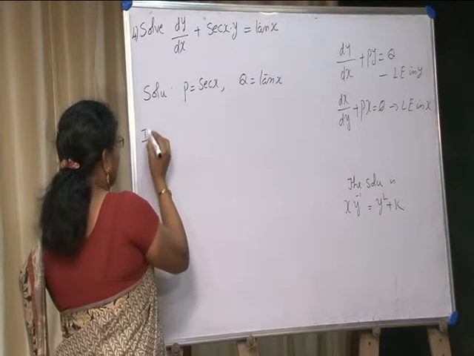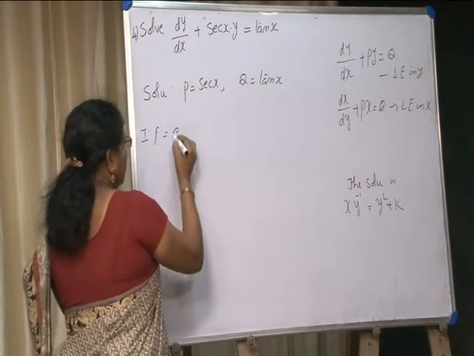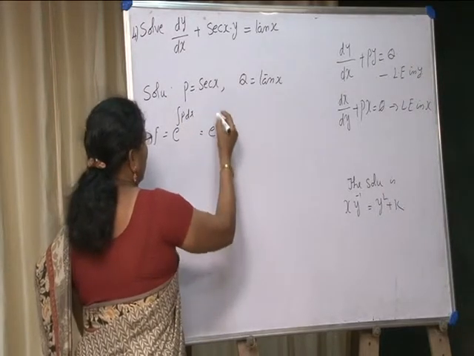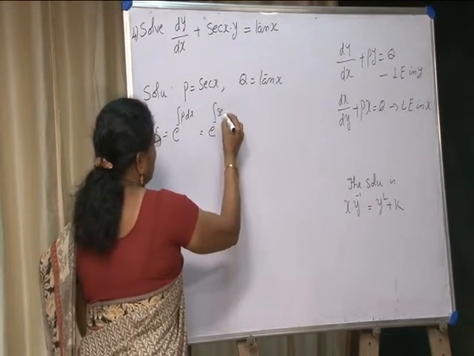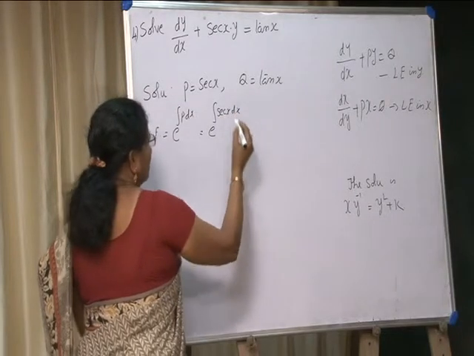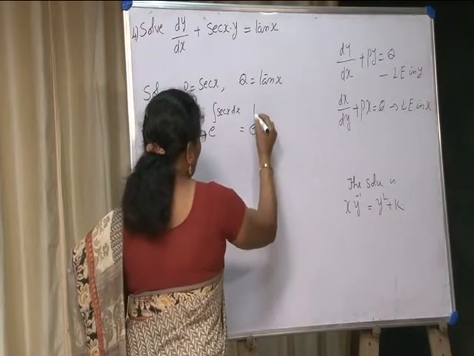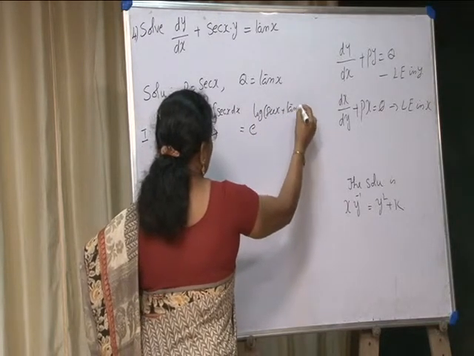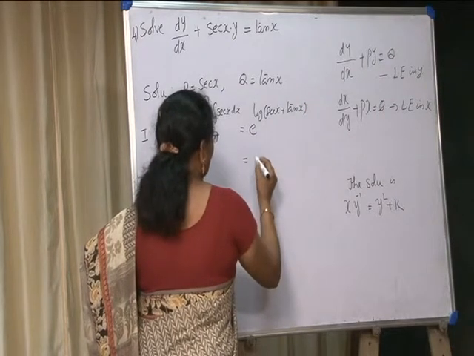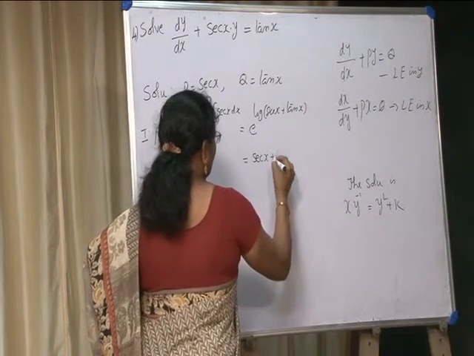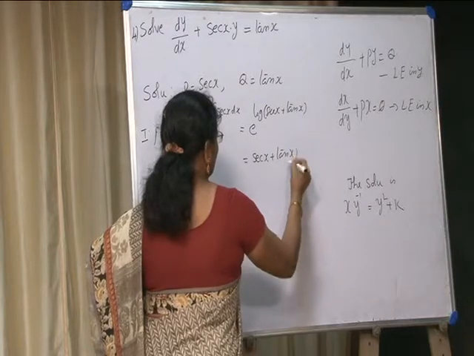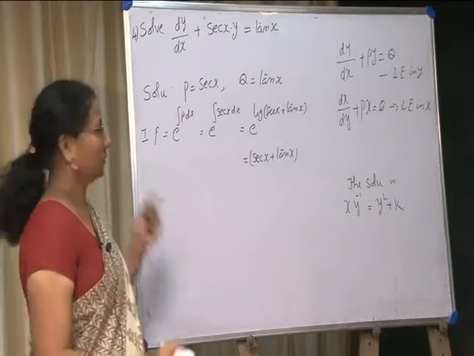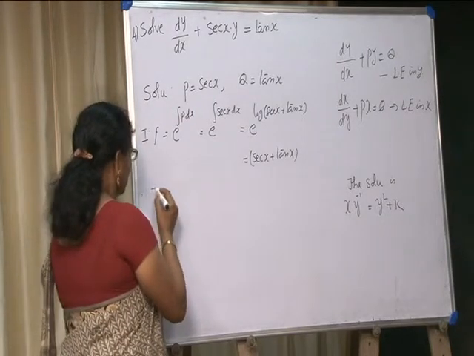Integral factor is equal to e to the power of integral of p dx, e to the power of integral of secant x, is equal to e to the power of log of secant x plus tan x. This is equal to secant x plus tan x, since e to the power of log x is equal to x. Therefore the solution is